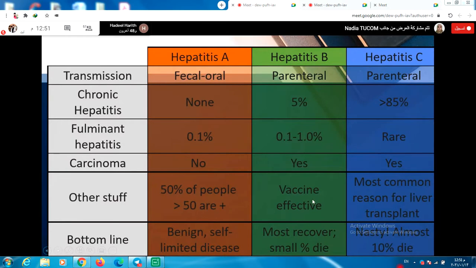Vaccine is effective for B and even A. More still, liver transplantation is the treatment of choice for many chronic and complicating hepatitis C viral infections. Hepatitis A has a self-limiting or benign course, and hepatitis B, most of the